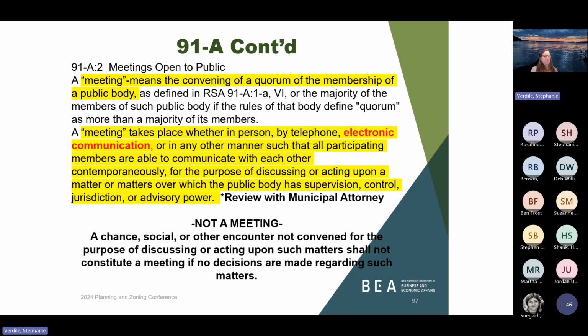And what's not considered a meeting is if two planning board members run into each other at the supermarket. Okay, we understand that, small towns, people are going to know each other. Your kids go to school together, you're seen talking at a baseball game. That's fine. You can't get around that, but that is not a meeting, as a chance meeting, at a baseball game or at a grocery store or at a restaurant. That's not considered a meeting.